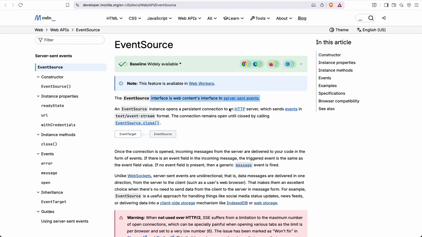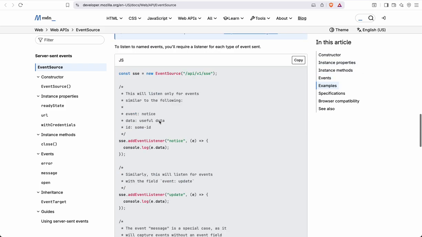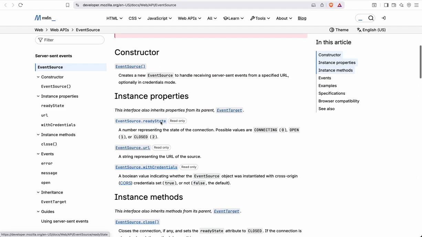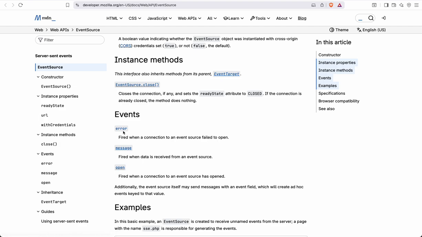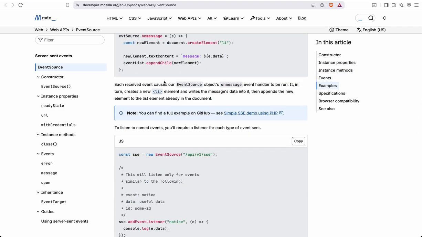It is the web interface to server-sent events. If you see, it has specific fields, states, error, message, open, close, and some JavaScript methods which I can use to check if my connection is alive or not.